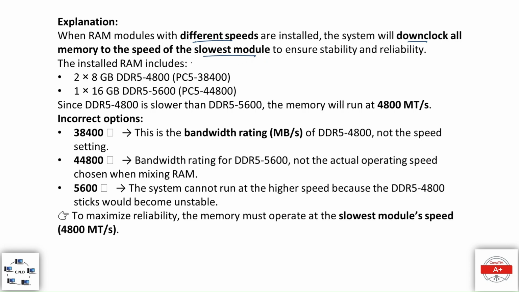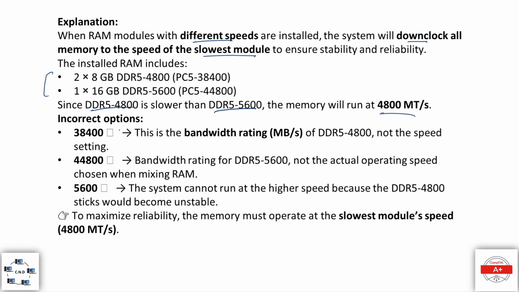So the installed RAMs include 2 x 8 GB DDR5-4800 and 1 x 16 GB DDR5 5600. Since DDR5 4800 is slower than DDR5 5600, the memory will run at 4800